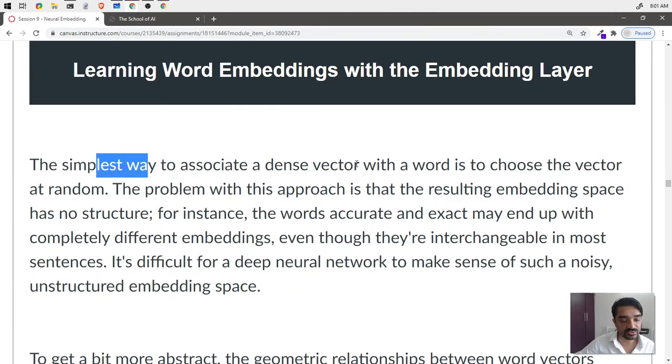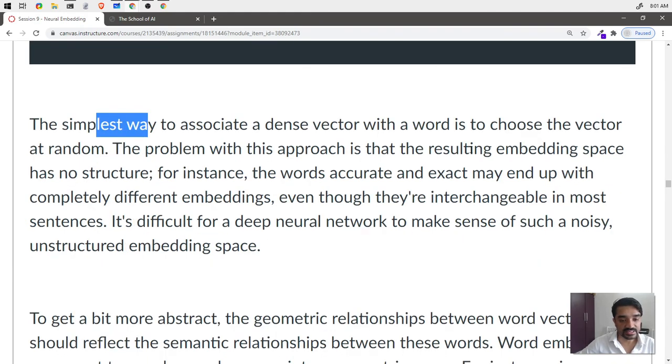The simplest way to associate a dense vector with a word is to choose the vector at random. The problem with this approach is that the resulting embedding space has no structure. It has no meaning, right? For example, two accurate words. What we would actually like to have here is